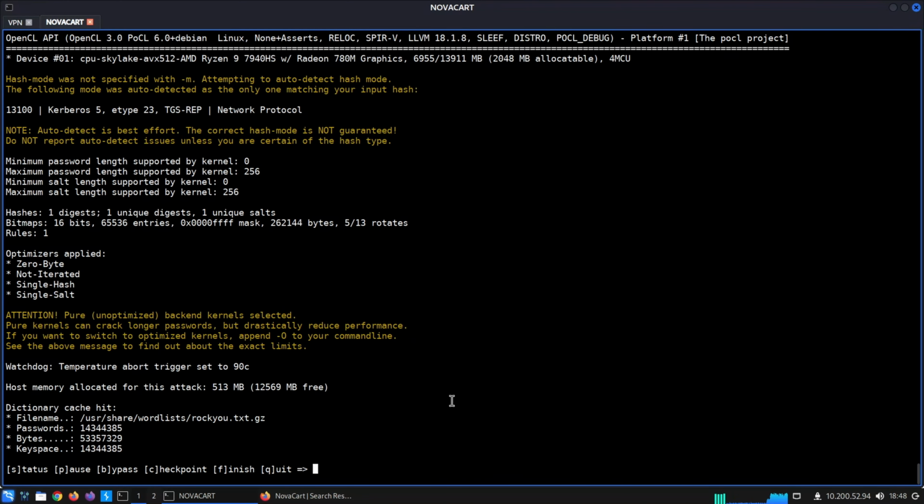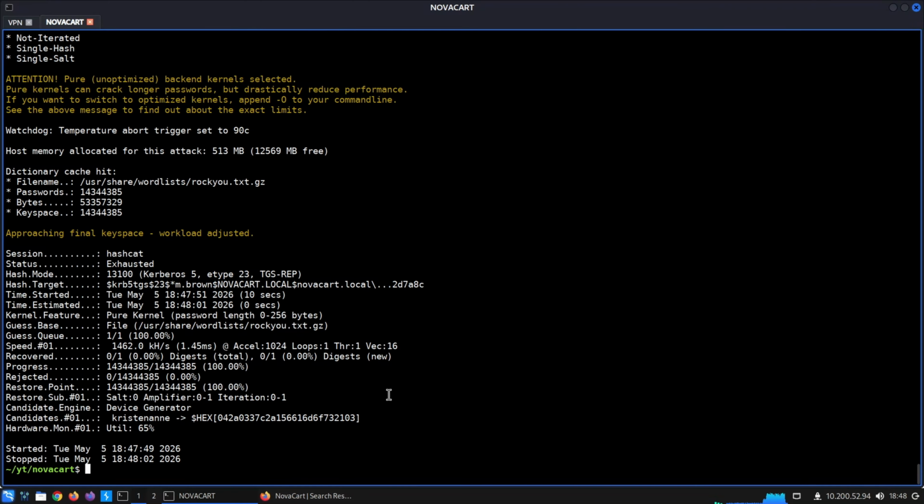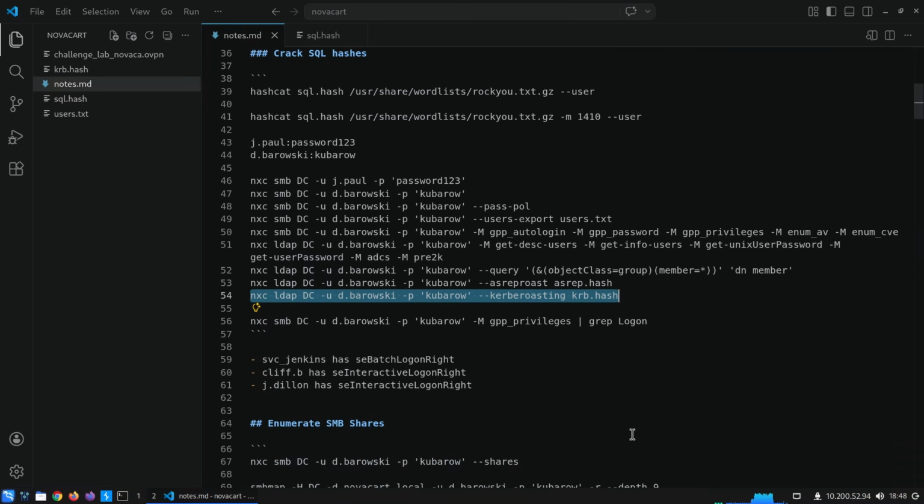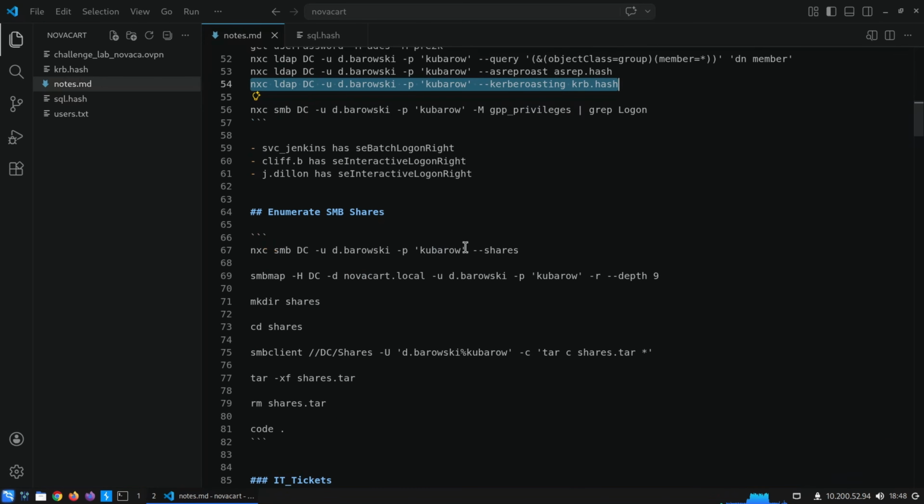If we're lucky, we'll get an additional credential, but it looks like nothing was recovered. So we'll move on and look for SMB shares. We already found that we had SMB shares. What I like to do